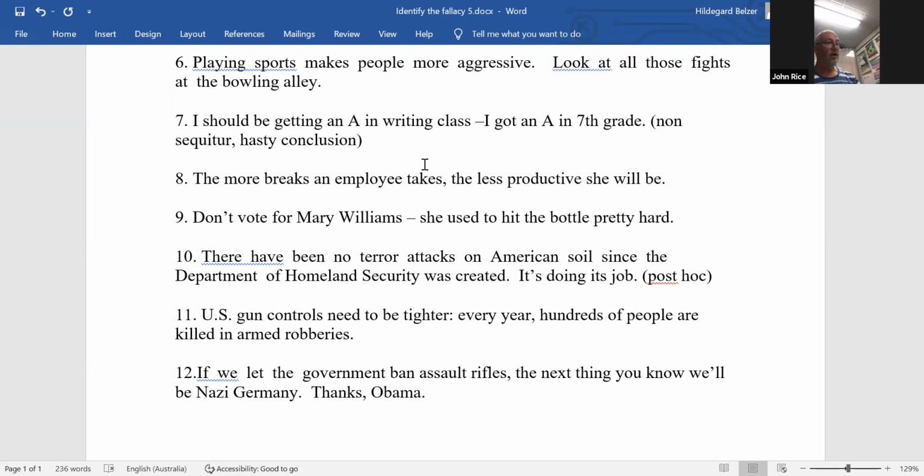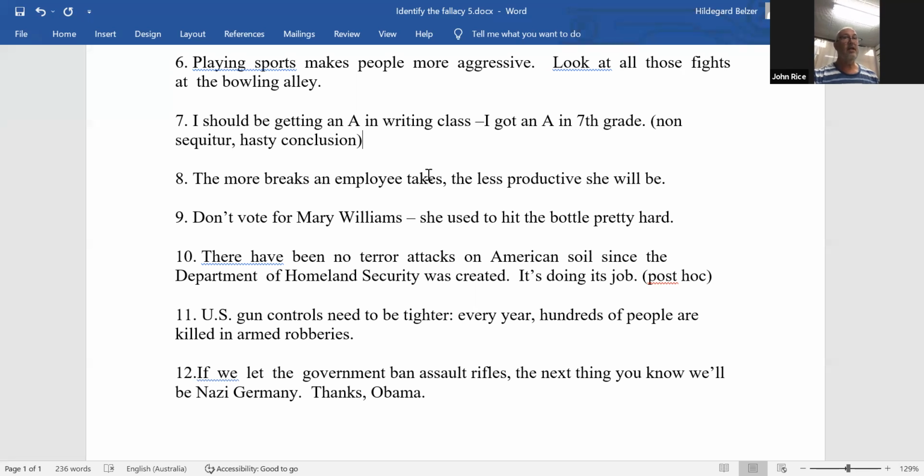We could even think of it, if we drew a model of it, like in a timeline: we've got an A in 7th grade, say, and the person's now in 10th grade. They could be saying, I got an A then, the cause is my writing intelligence. I must be intelligent, so that intelligence is still with me, and 3 years later, I can use it. Right? So there's a bit of deduction going on about a cause there. One example is not sufficient. It's really more induction, actually. It's the problem in induction and deduction.